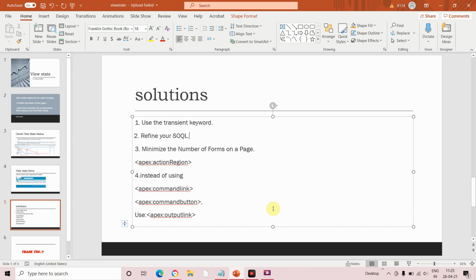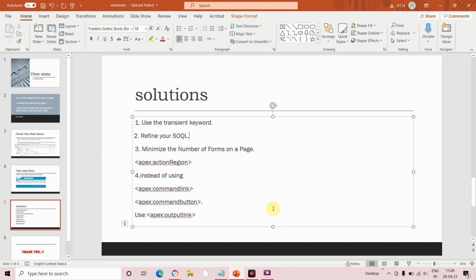So you have to recheck your circle queries, like how to optimize the performance of the Visualforce page. First way is to avoid the null values while fetching the data. Next one is avoiding the multiple AND statements. In a few cases we'll be fetching the data like select star from so and so, fetch the name and phone number and email, and we'll be using multiple AND statements in a single query, right?